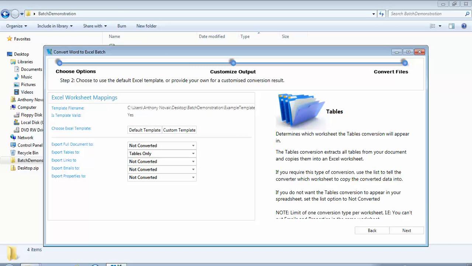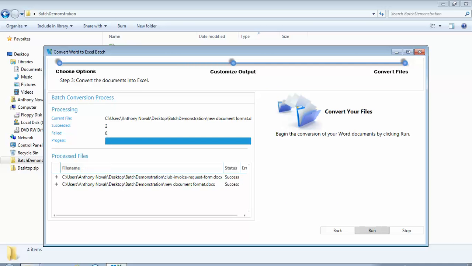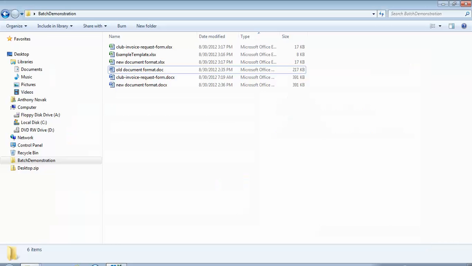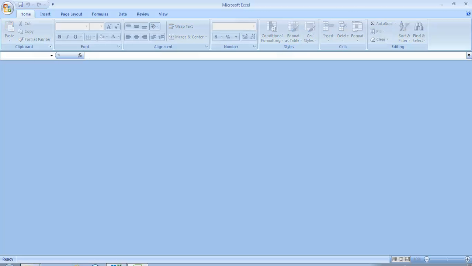I'll click next now for the conversion and run the conversion itself. You can see the conversion was quite quick and 2 output documents were produced. So I'll come over here and I will open up the club invoice request form, which is one of the output Excel documents, and you'll see that it has a tables only tab with all of our data and nothing